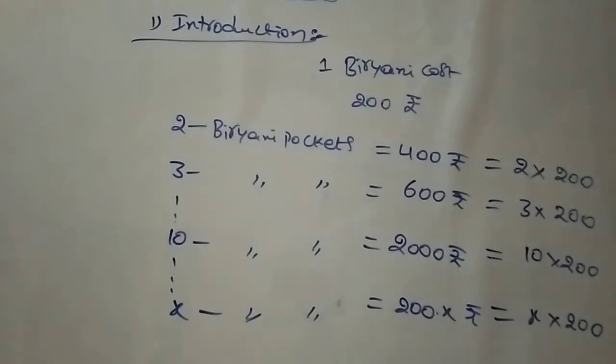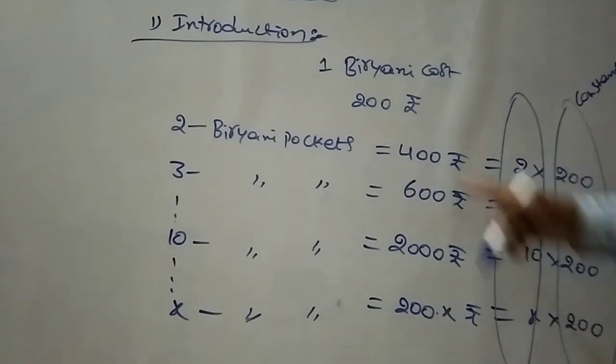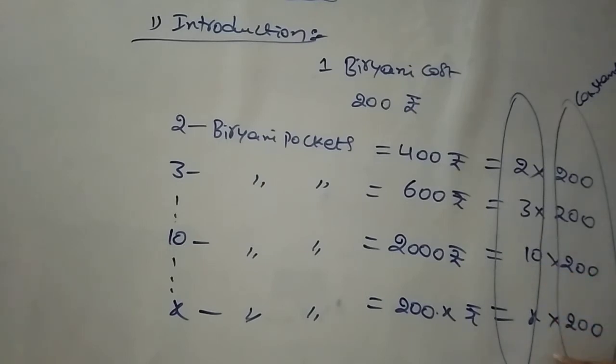Now observe this. In this situation, here 200 is fixed. Yes or not? In this total situation, in our real life example, 200 is fixed. These types of fixed numbers are called constants. And in the same situation, these first numbers are changing. First time it is 2, next time 3, 10, x. This one is called a variable. In the name only it is there: variable, variations, difference. Now it is constants and variables.